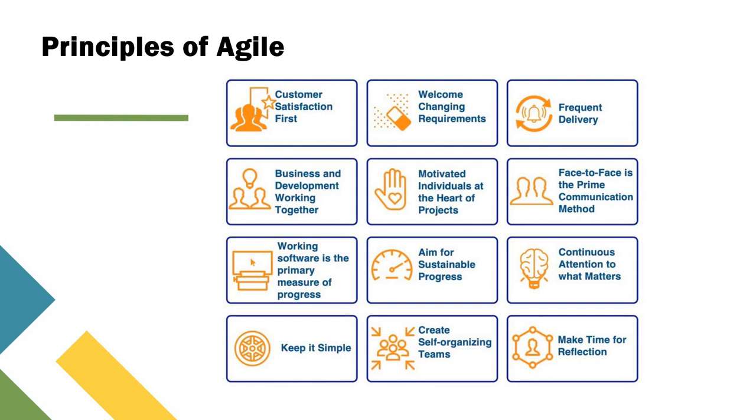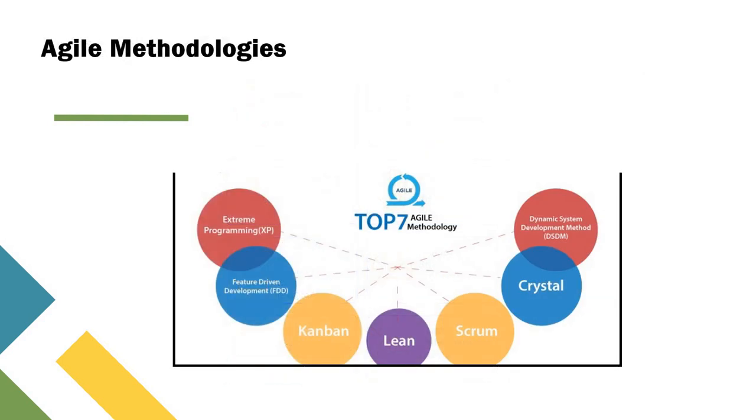So these are the principles of Agile, where you just want to understand what the principles are like and how the Agile process is moving on. And among the Agile methodologies, here comes Scrum. Scrum is one of the methodologies of Agile, which we will be learning throughout this course. We have many methodologies, like the top 7 methodologies. First, let me explain extreme programming, XP.